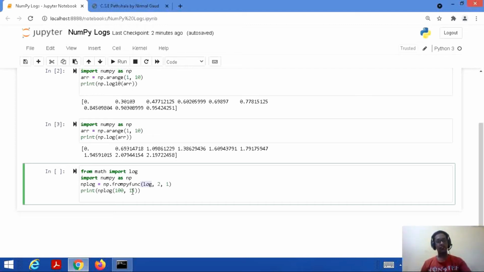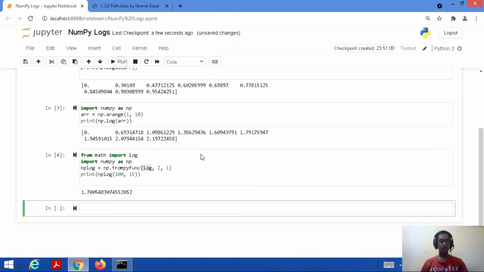Here it is 15, and then we are printing its value. This all happened with the help of frompyfunc. To know more about frompyfunc, kindly see my previous tutorials. Let's save this code and run it. So here it is.